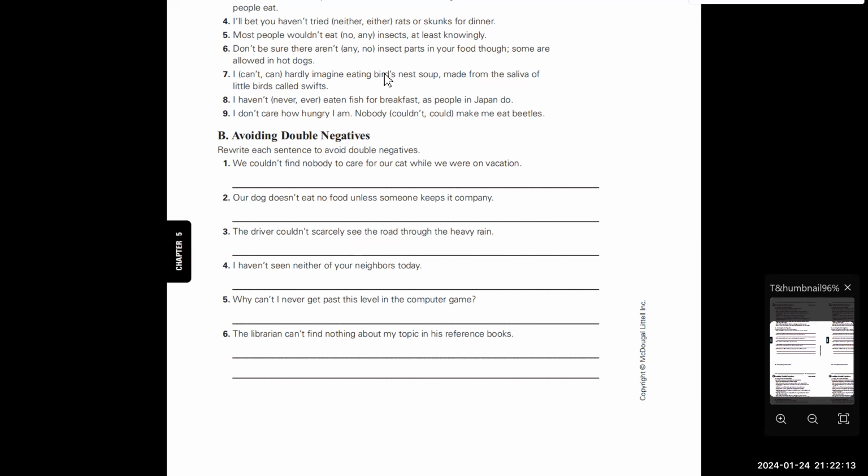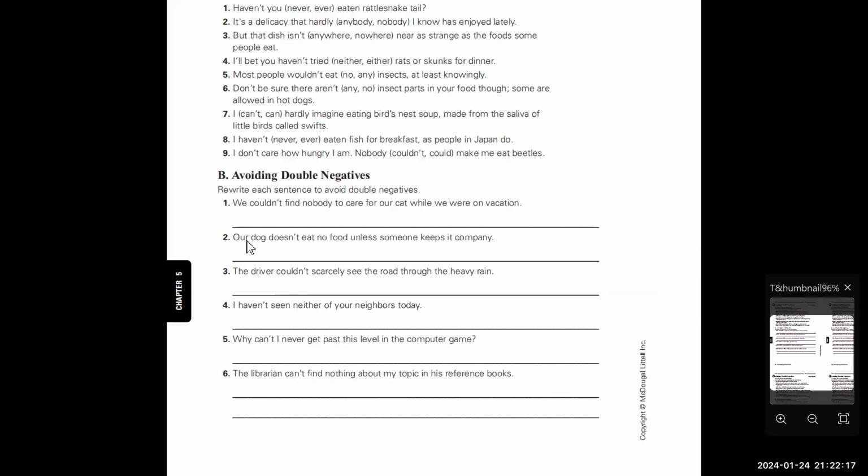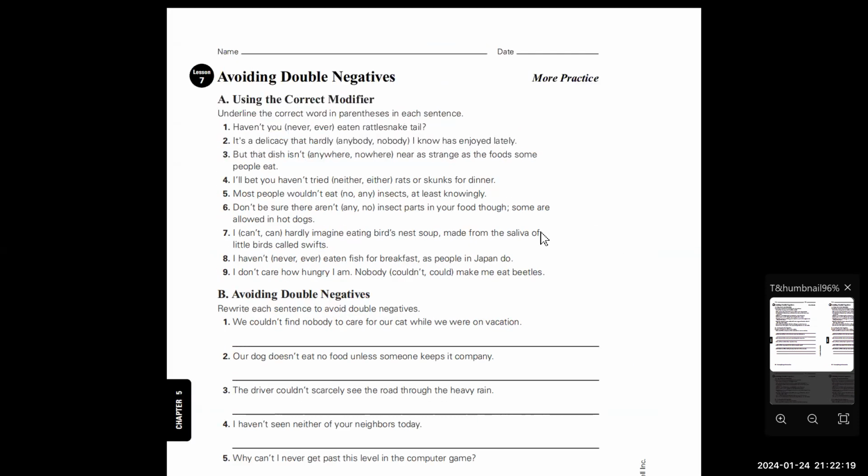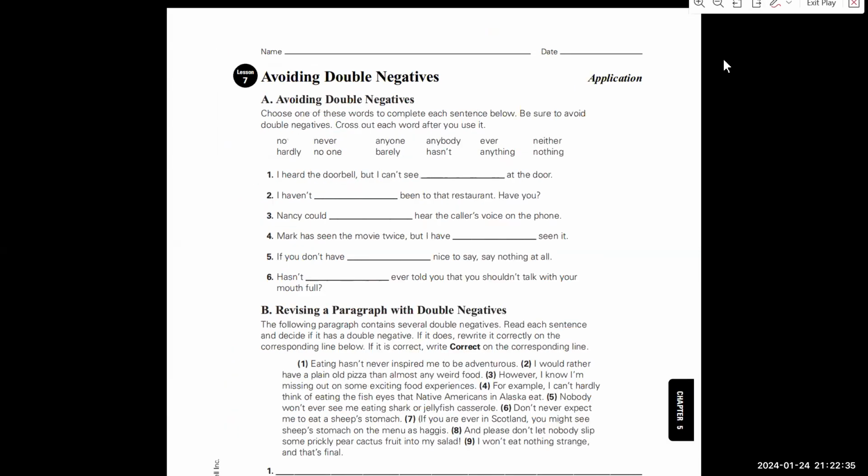Okay, so again, if you notice, in writing, at your school, is it common to have writing activities in English or no? I think yes. Ah, yes. Okay, that's good. So avoid negative words.